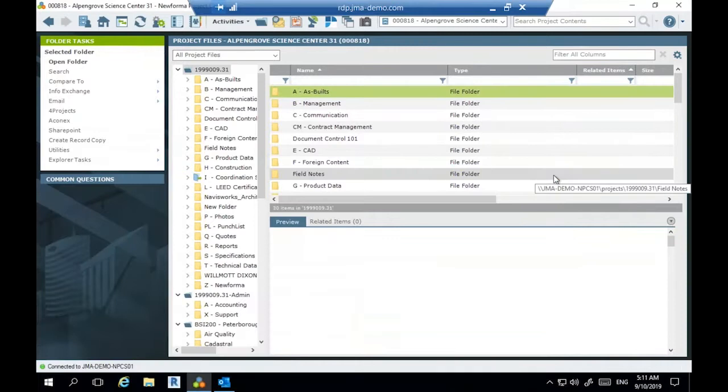Now, one of Nuforma's main capabilities is its search capability. So if I want to instigate a search, not only will Nuforma look at the file names or the folder names, it actually looks at the text within files. Nuforma uses optical character recognition technology to search through data within files. You can search on a word or a phrase, and Nuforma will find that phrase or word within the files themselves. So at the top here, if I was to type in the word concrete